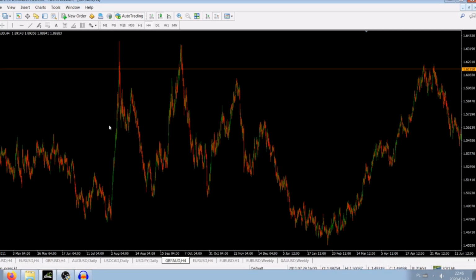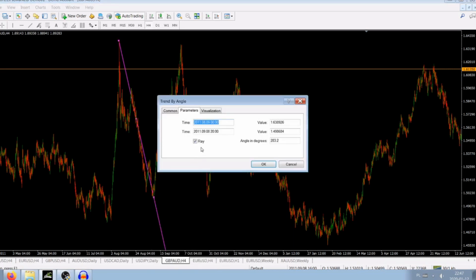So you see the price jumped up and then fell abruptly down to here. So here we've got something we might call the angle. The angle is really sharp at the moment. Let me show you how I do it. I pick up the tool called Trend Line by Angle. I put it on the top and drag the angle just to the bottom. Let me just change the settings. I make it a ray, and we see here